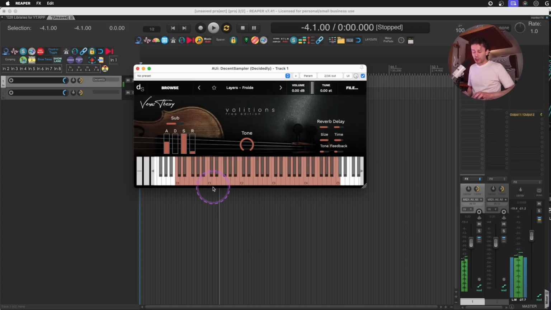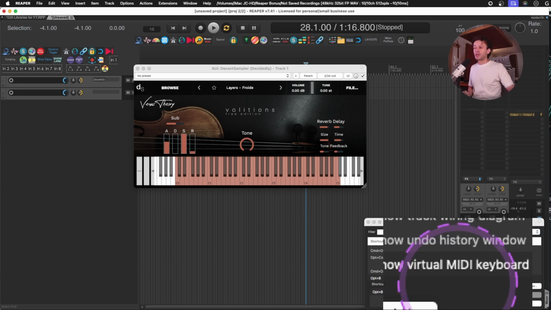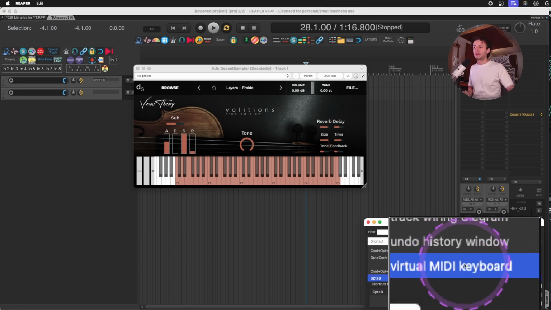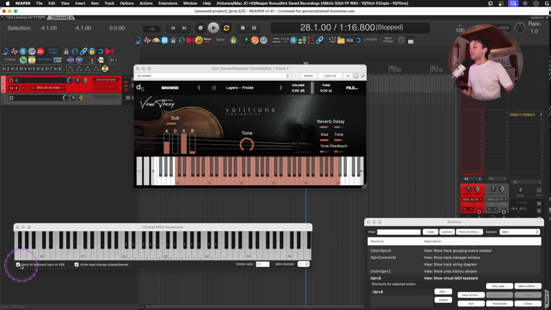If you're working on Reaper, and you don't have a MIDI keyboard, because this is something that people have asked enough, I have assigned to a shortcut my Show Virtual MIDI keyboard, and that opens this floating keyboard. You have to assign the Send All Keyboard Input to Virtual Keyboard. Whenever you check this box, most of your shortcuts on your keyboard won't work. So now you have to click Stop or disable it, use your shortcuts,